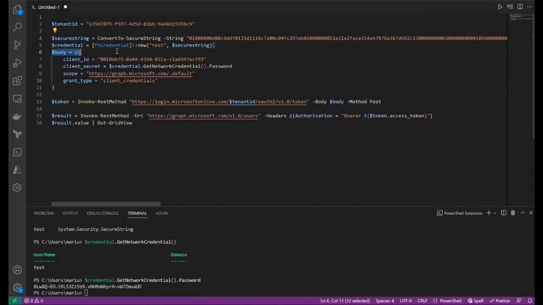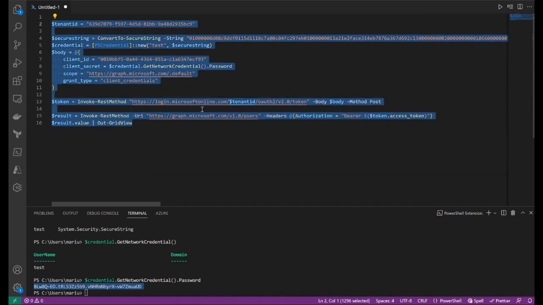It will just create a credential object, in order to so-called unmarshal this secure string into something useful, which is this value here. And then I will call GetNetworkCredential().Password, which is how you get the password from a credential, essentially. And now, if we run the same exact thing,